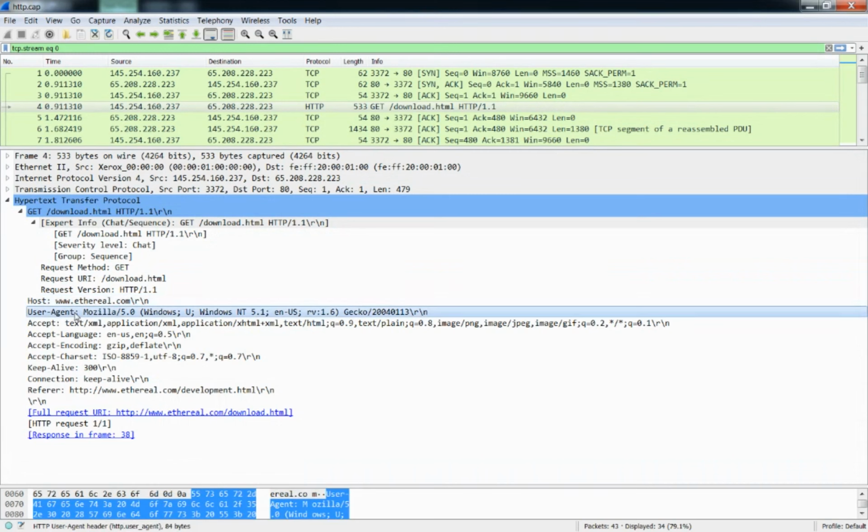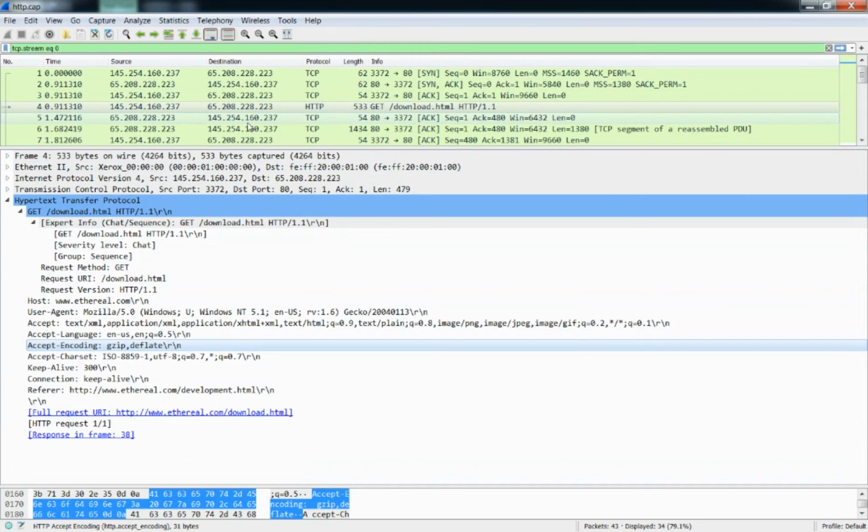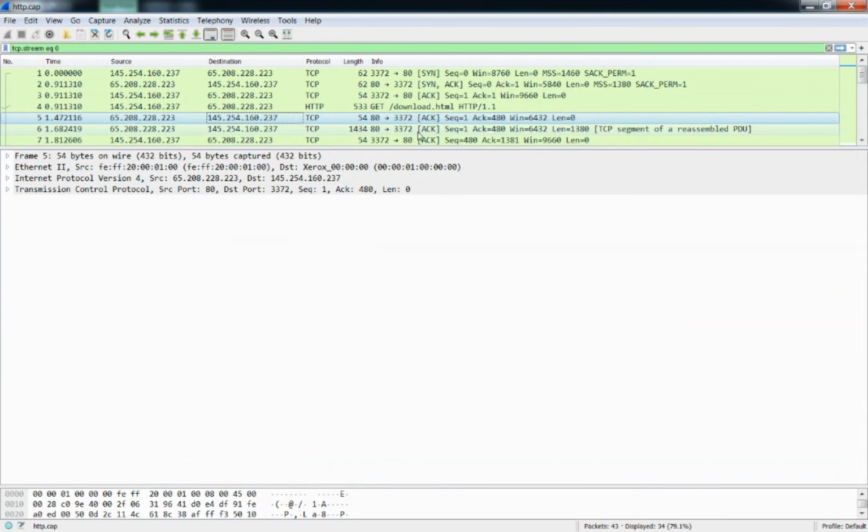The client, whatever browser I'm trying to access with, gives its details through your user agent. And there is the accept format and the encoding which they are coming with. All these details will go through your HTTP GET packet. What happens after that is the server will immediately acknowledge it, saying that I'm trying to prepare the data,